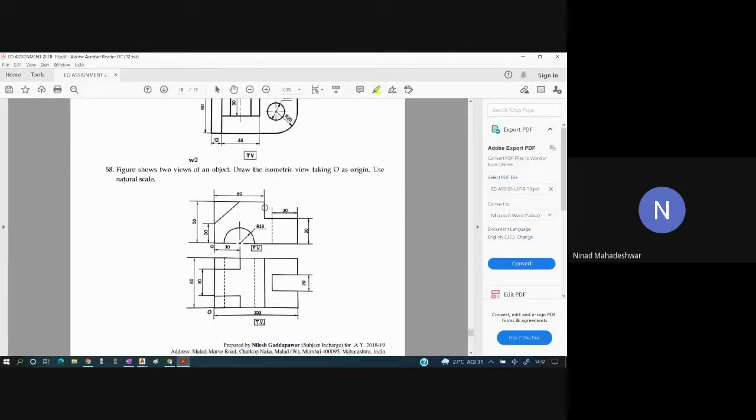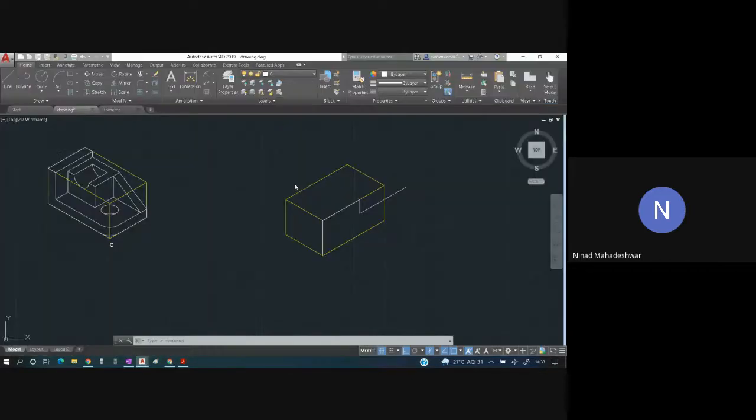Okay. And this part is 20 because together this part is how much? 50. This point and this end is different. So this has gone beyond. So what I have done, I will trim this part. Okay. Now once this is done, from here I will go down and I will join it over here.